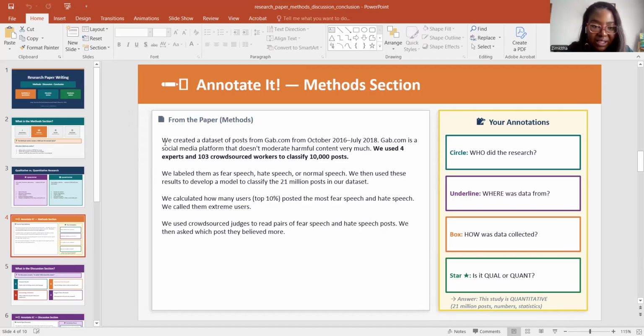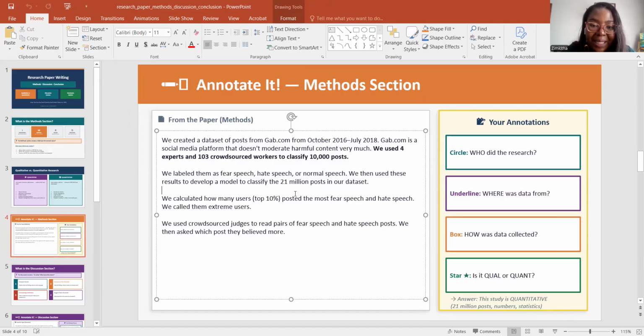Then we used these results to develop a model to classify 21 million posts in our data set. We calculated how many users, top 10%, post the most fear speech and hate speech. We called them extreme users. We used crowdsourced judges to read pairs of fear speech and hate speech with an ask post which post they believed more. So from that example,